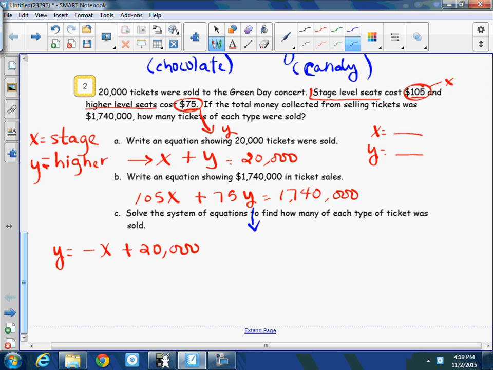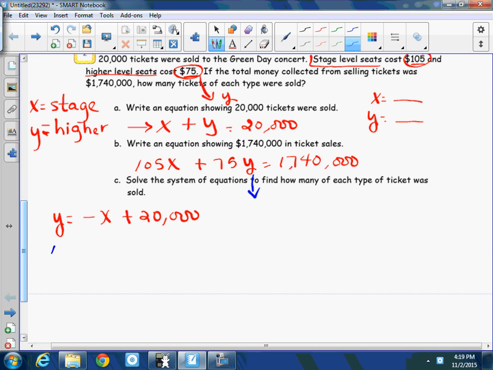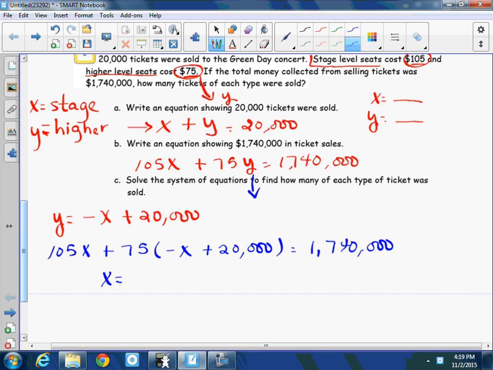So that would be 105X plus 75, and then I'm going to open the parentheses, plug in what Y is, which is negative X plus 20,000. And that needs to be equal to 1,740,000. Go to the equation solver, you do your thing, and you get that X equals